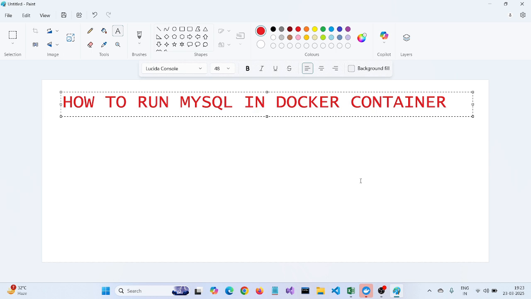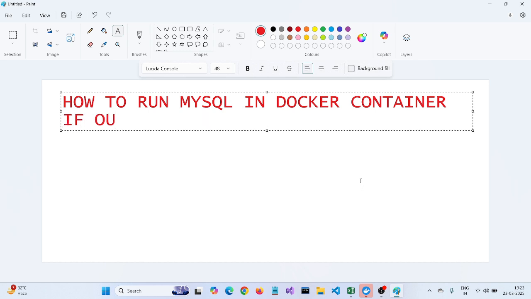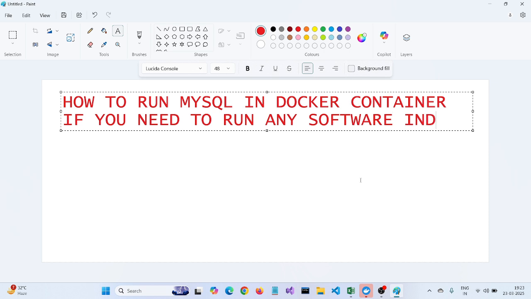Hi everyone. Today we are going to understand how to run MySQL in a Docker container. Whenever you want to run any software in Docker, you